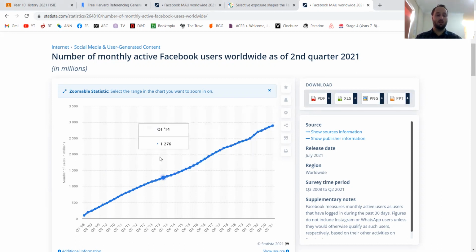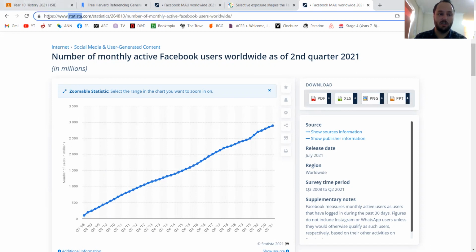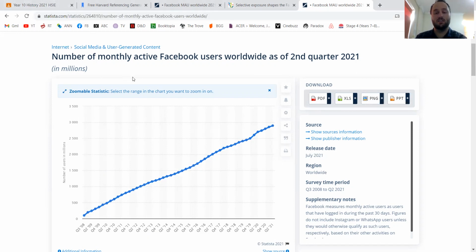But how do I reference this? Because I don't just copy the web address, or I don't just write the website name, which is Statista. I need to correctly reference it. And an easy way to do that is to use a reference generator. I'll include the links to some of them below the video. But one I found that's very easy is called